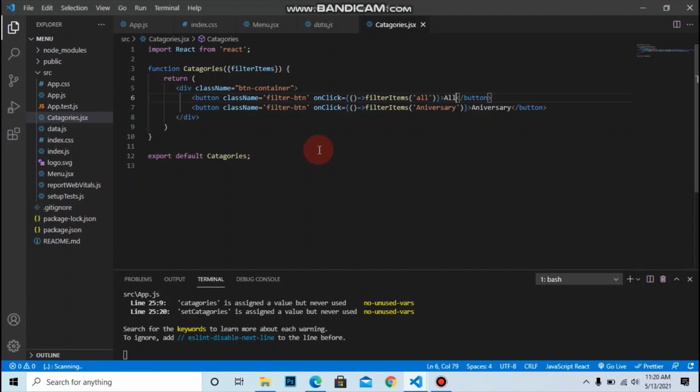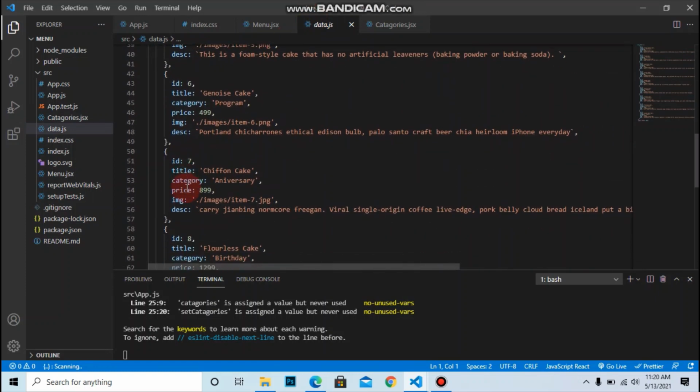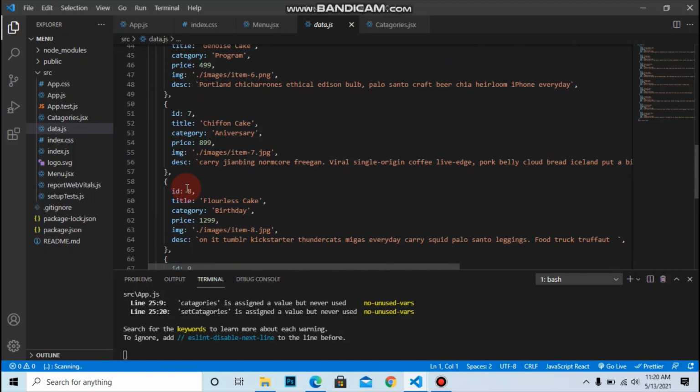After that, the big problem with this method is that it is not in sync with our data. That means if we want to add data to data.js with different categories, we have to add the buttons manually.